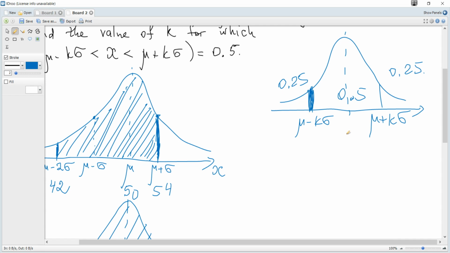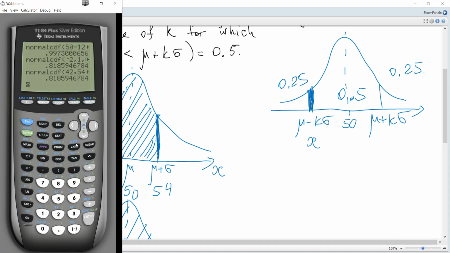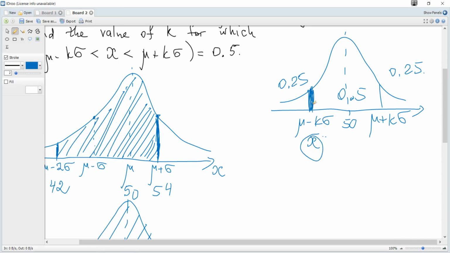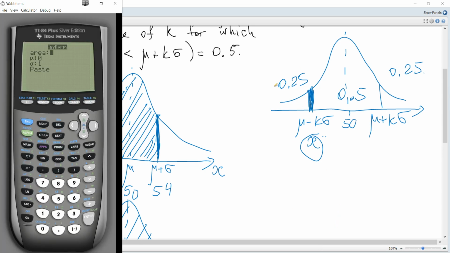And since mu and sigma are given, we can find this value in terms of x. So we use inverse normal. My calculator always asks for the area to the left. So to find this critical value of x, I need the area to the left, and it's 0.25. Mu is 50, sigma is 4, and this value is 47.3